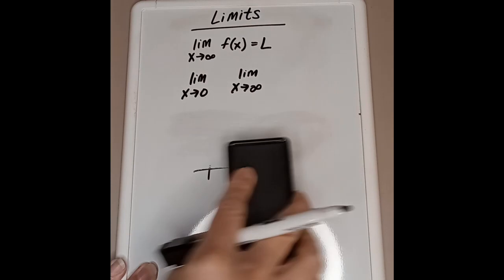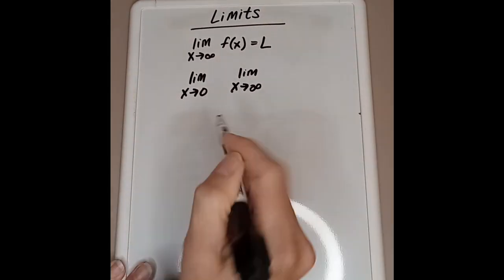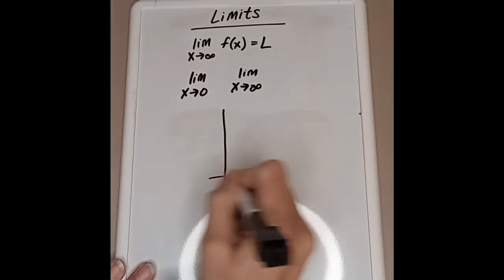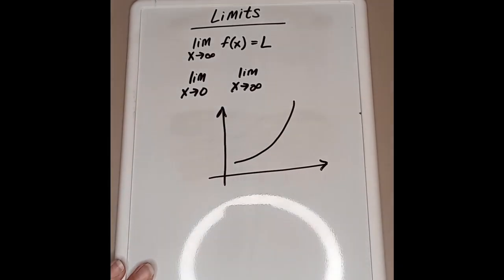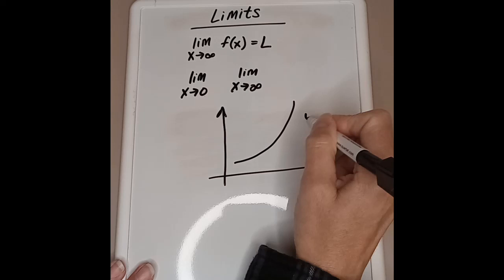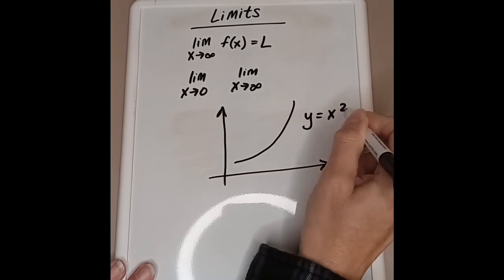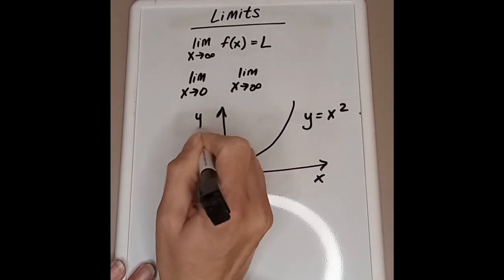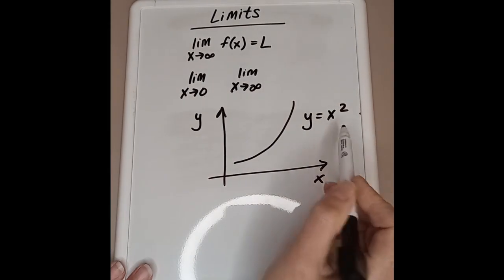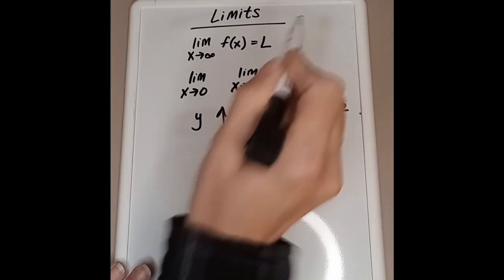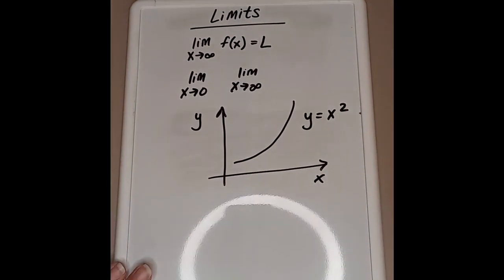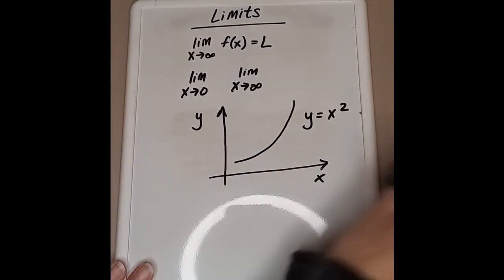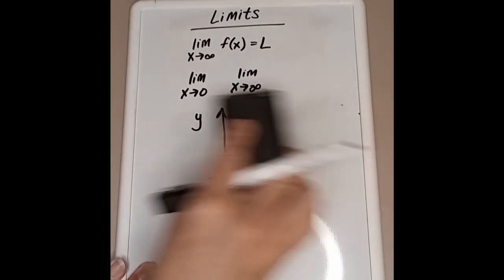Similarly, if you have a graph of something that's shaped like that, we have basically our y equals x squared. Same sort of thing. You see as x goes to infinity, y shoots up very fast. As x comes to 0, we come down and we approach 0 that way. And so you can kind of look at whenever you have equations, you kind of look and see if you